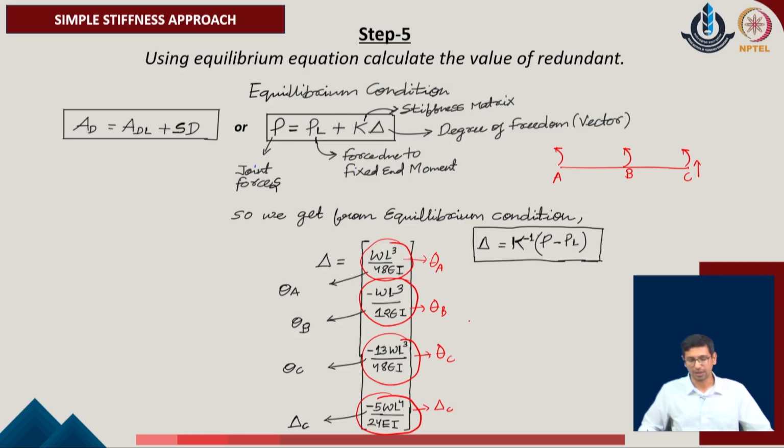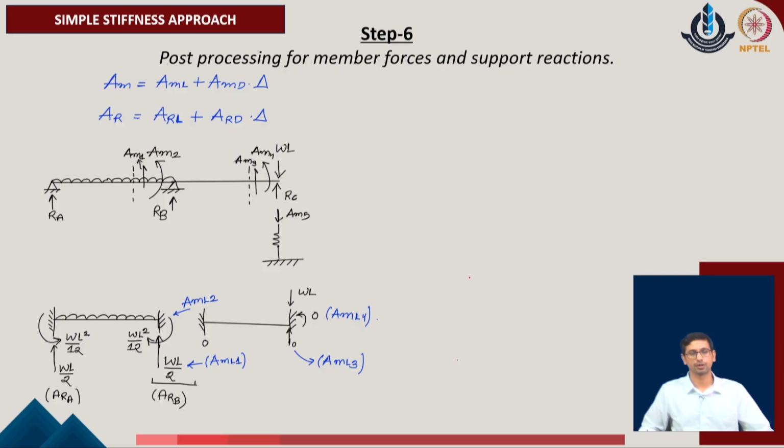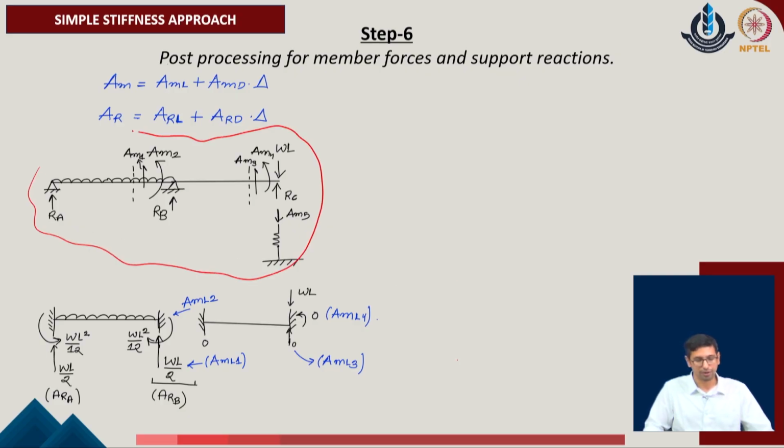With these values in mind, now we can evaluate the post processing of the given system. So, in order to do the post processing, we come up with the given system that can be generated with respect to all the unknown parameters which we need to evaluate as a post processing step. We have 4 member forces which are corresponding to the 2 beam member ends AM1 to AM4 in the given system, and at the same time we have also one member force in the spring coefficient, that is the AM5 in the given problem. So, as a first part of the evaluation, we want to evaluate the values of AM1 to AM5 in the given system.